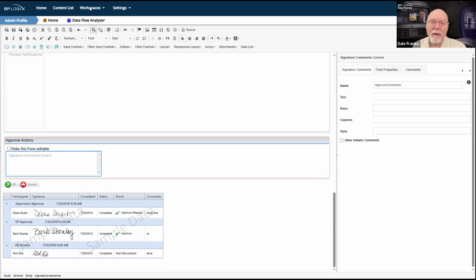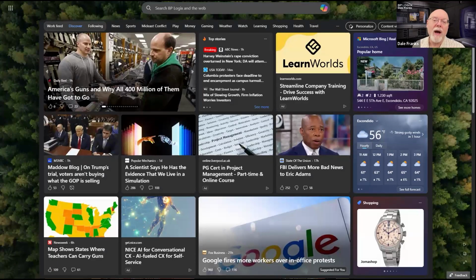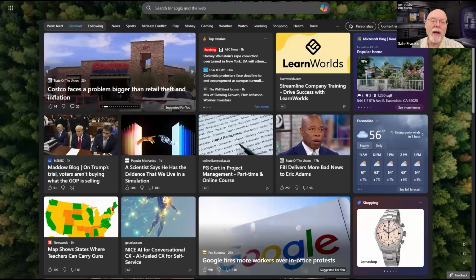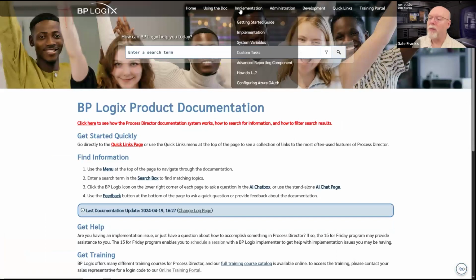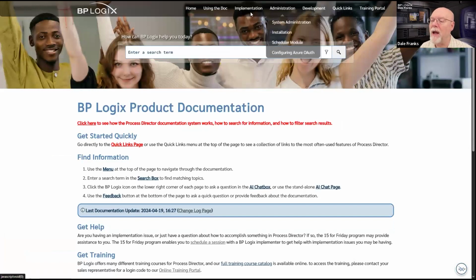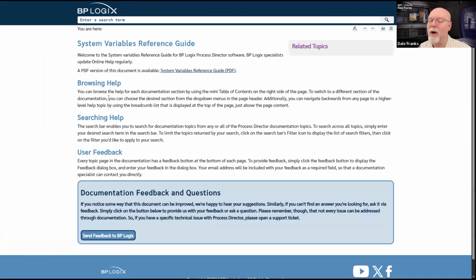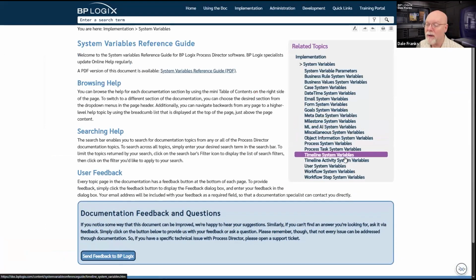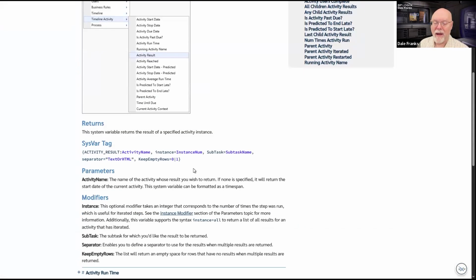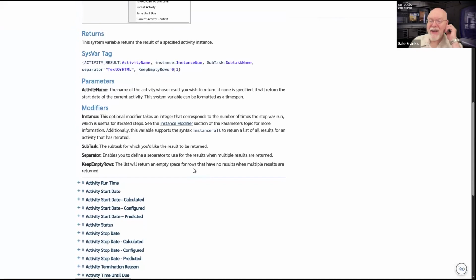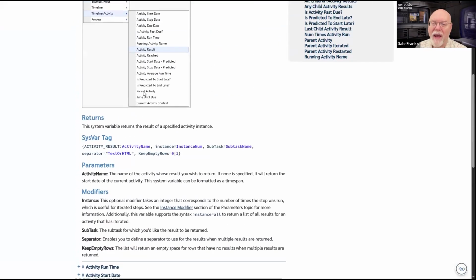Now, normally that would be fine, except for the nature of this system variable, which I should probably again show you in the documentation. So if we go into documentation, into system variables, timeline activity system variables, and we want activity, is it activity result or, well, I can't remember.